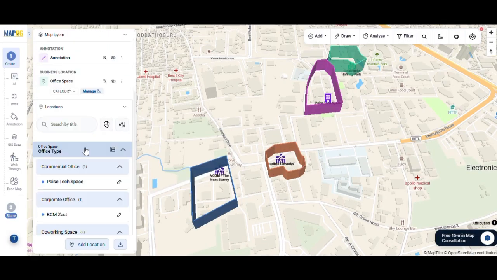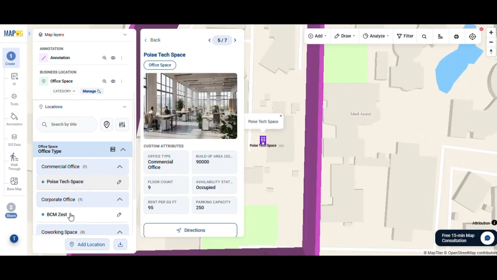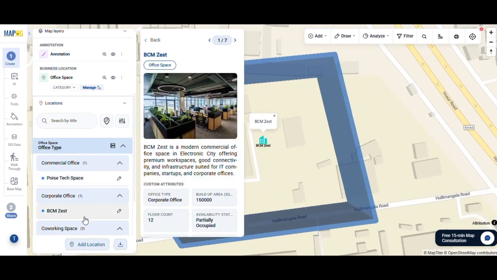Create interactive 3D property boundaries to make land parcels, zones, and property areas more visually clear and easier to explore